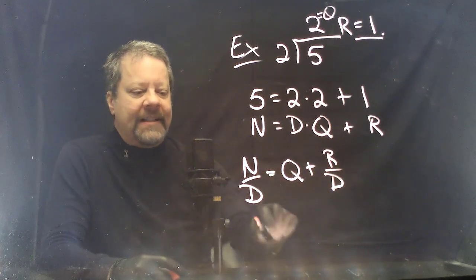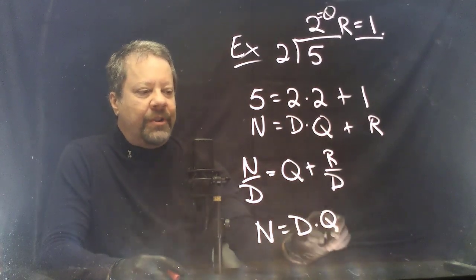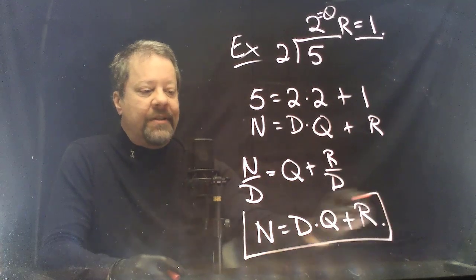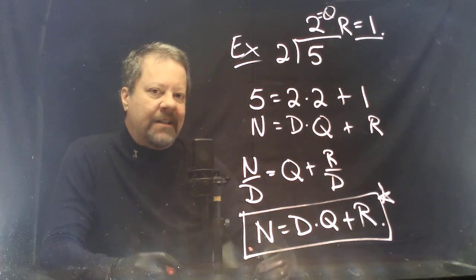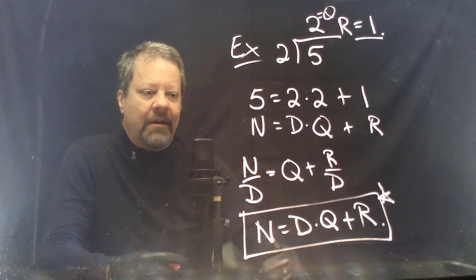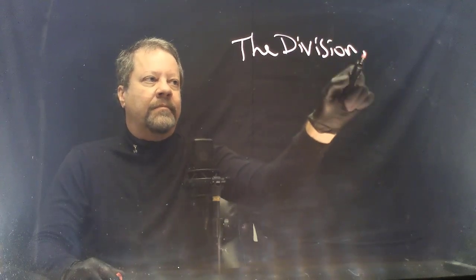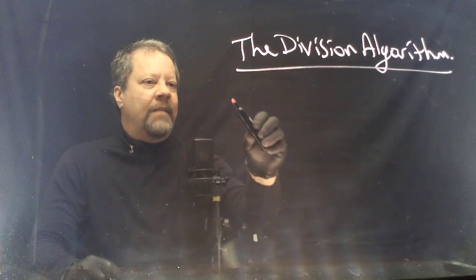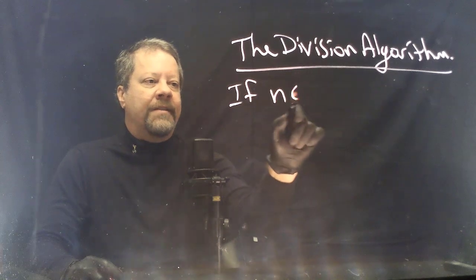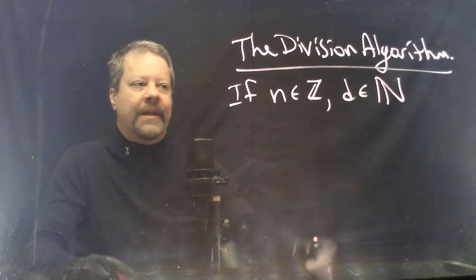If you multiply everything in sight by d, you get n is d times the quotient plus the remainder. So this is a general formula that will always work when we're taking some numerator and dividing it by some denominator, where the numerator and denominator are integers and the denominator is not 0. This gives us something called the division algorithm. And basically it says this: if n is an integer and d is an element of the set of natural numbers, 1, 2, 3, and so on,